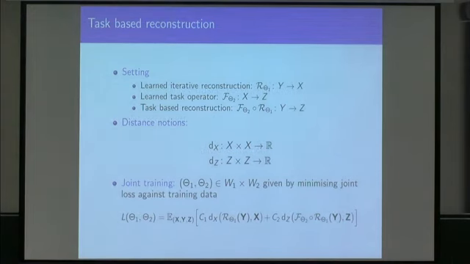This is just a recap. We have this learned iterative reconstruction scheme, which goes from Y to X, as explained before. So the forward operator is in there. Keep that in mind. We capture the physics knowledge, the information about the noise statistics and so on. So there's a lot of things that are captured in this neural network. We do learn a task operator. That's going to be more like the off-the-shelf versions. We're combining them. We have two distance notions, one in reconstruction space, one in task space, so to say, or feature space. And we do the joint training by this nasty expectation minimization.